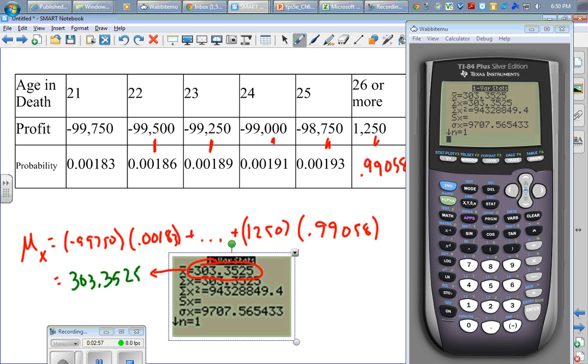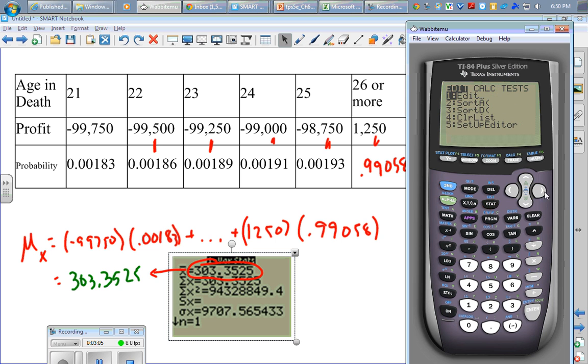Now in problem 18, I'll go ahead and skip to part B. It says find the standard deviation. There's the standard deviation, 9707. But I'll do it on the calculator as well. So to find the standard deviation, I'll go ahead and do it in L4. I'm going to take each of these numbers right here, which is in L1, subtract the mean,